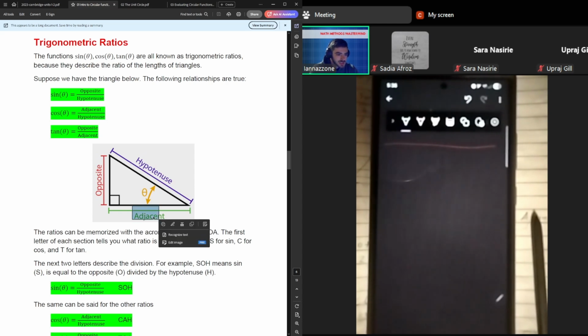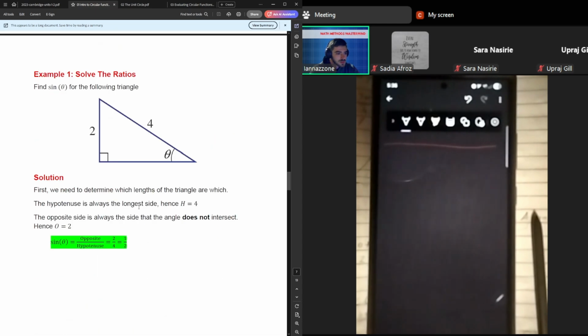From there, the adjacent is going to be the side that the angle does touch, and the hypotenuse is just the longest side in your triangle. So that'll give you an idea of basically how to solve that. So if our theta is here, once again, this would be the opposite. This would be the hypotenuse. 2 divided by 4 gives you a